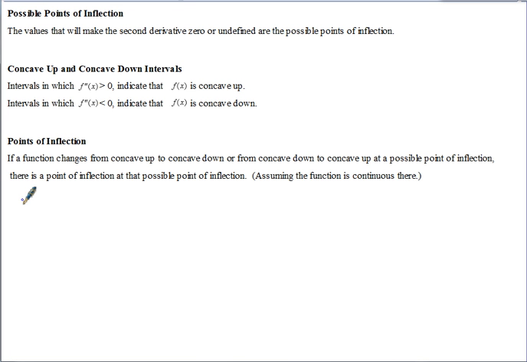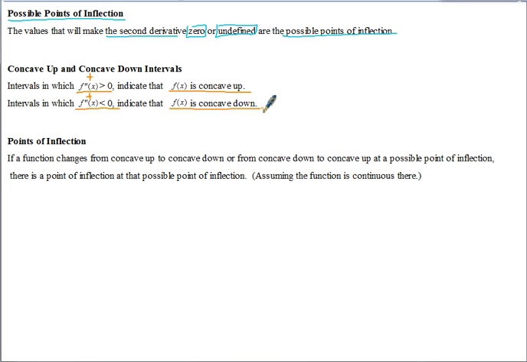So to figure out our possible points of inflection, it's very similar to how we found critical numbers using the first derivative, except now we're using the second derivative. These are the values that make the second derivative either 0 or undefined. And we saw before, intervals in which the second derivative is positive, greater than 0, indicate f of x is concave up. Intervals in which the second derivative is negative, less than 0, indicate f of x is